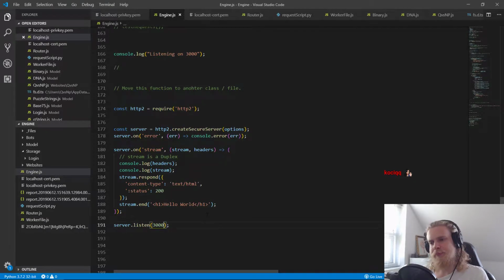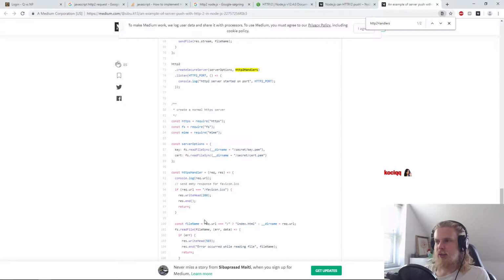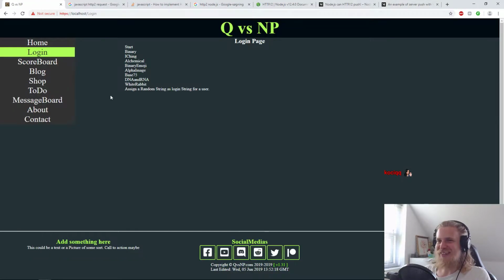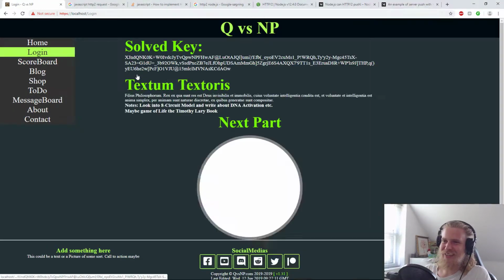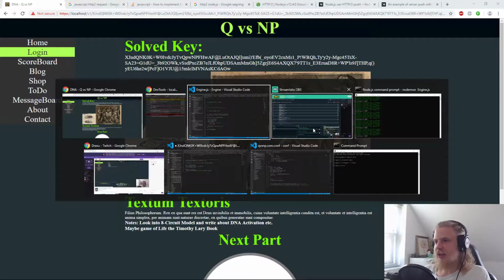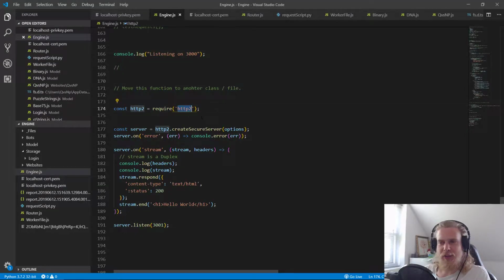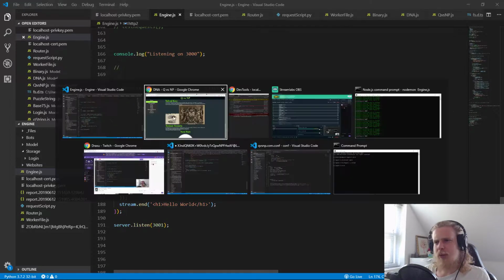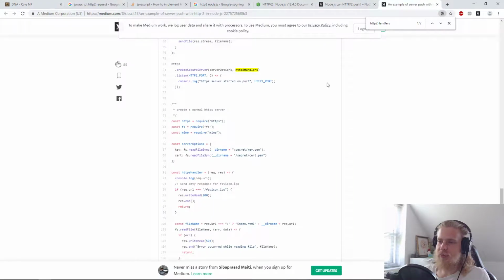Yo man, it's programming day to day, right? I'm trying to figure out how to set up HTTP2 for Node.js actually, but I'm not sure how it's done. So